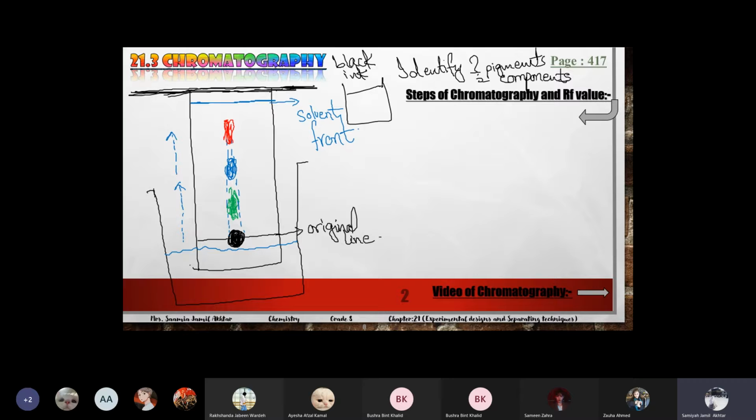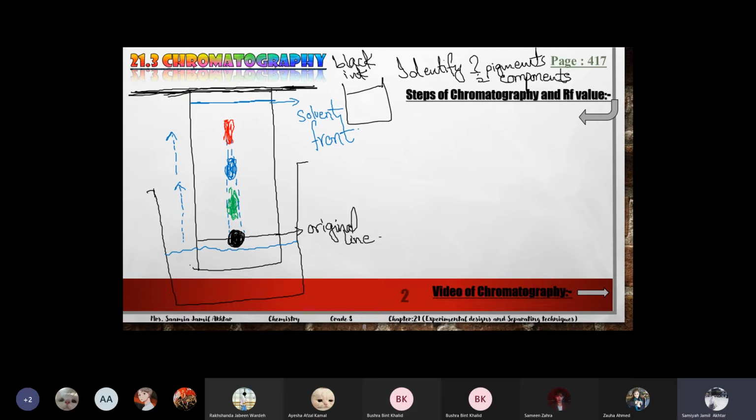When the water travels upwards, because it gets absorbed in the filter paper, the ink spot will also travel and it will leave marks in the middle. That's how we can identify which colors are present, because as it moves upwards, it will leave the spots of different colors. Suppose it left a mark of green color, then blue color, then red color. It means that these three colors are present in this mixture, which makes the black ink.